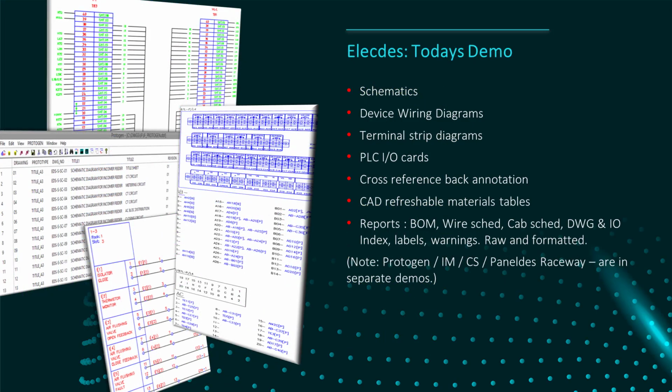I'll start off by creating some electrical schematics from within the CAD environment, followed by the production of a PLC I/O card. I will demo the fast data editing tools such as our global editor, and also demonstrate multiple circuit editing tools for speeding up the CAD environment. After creating the schematics, I will focus on downstream productivity and create cross-reference back annotations, use the navigation tools, and then I will create a refreshable CAD-based table.